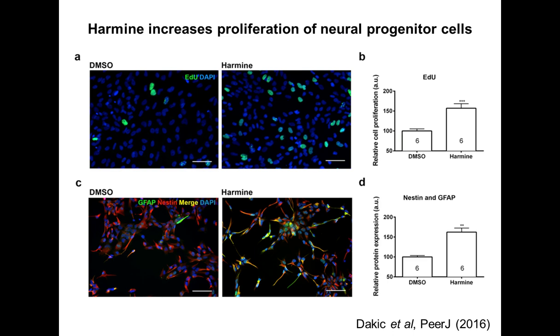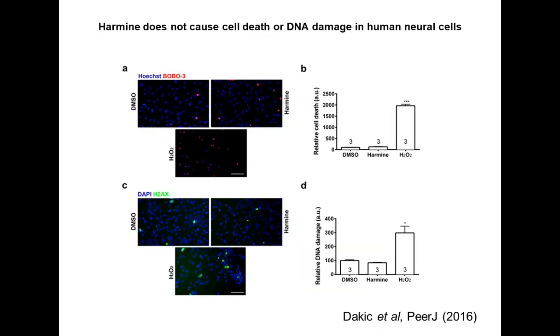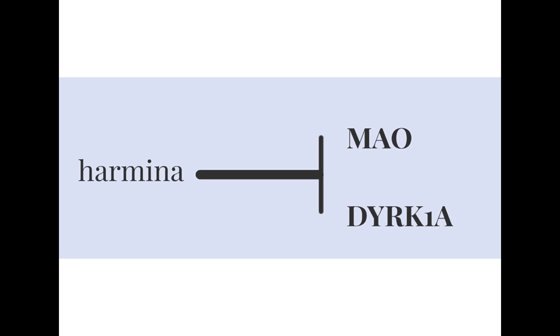And this, for us, was a very interesting result. Harmine was not able to cause DNA damage or cell death in our cultures, which is also something important to be studied. Harmine is able to inhibit the monoamine oxidase, but also another enzyme called